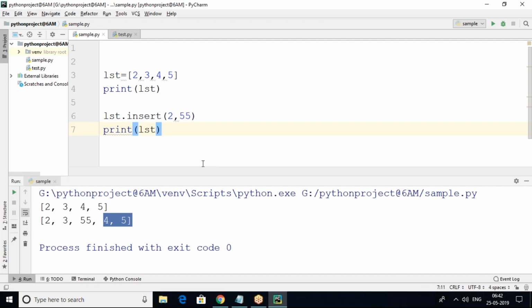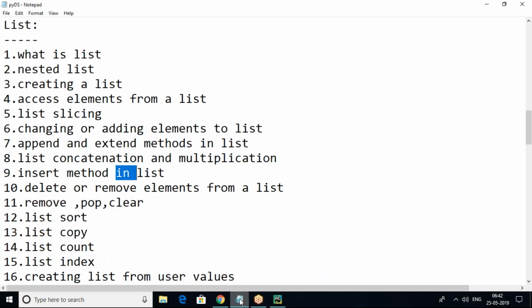Insert method, assignment operator, append method, extend method. With append and extend methods, elements can be added at the end of the list by default. Append is used to add one element, extend is used to add multiple elements. With the assignment operator, whenever we assign a value at a particular index, it replaces the existing value. But with the insert method, the existing value will not be replaced. It will change the index position, and the new element will be added to that list. So this is the insert method.